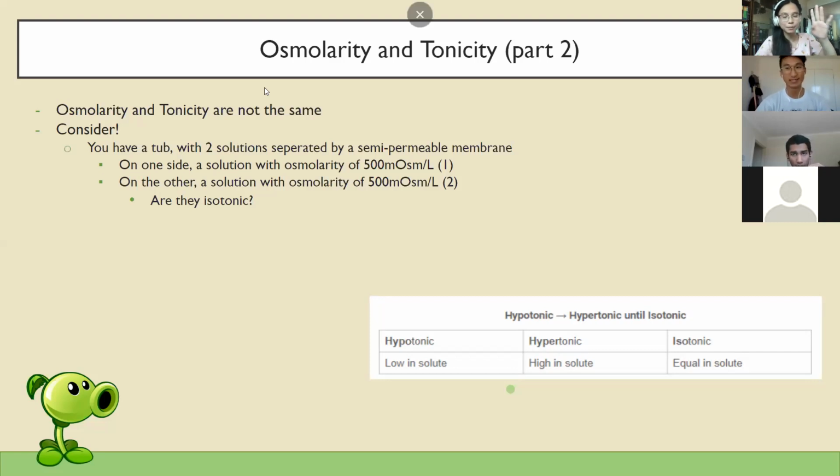The difference between isoosmolar and isotonic, as I understand it, is that isoosmolar takes into account every single solute, like Subkan said. Tonicity only takes into account the ones that aren't permeable, the ones that exert pressure, and so they would cause movement of water across the membrane because they can't move across the membrane themselves.